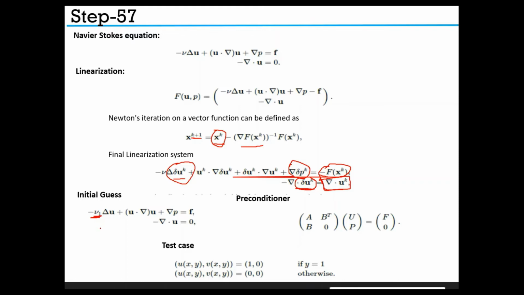The viscosity is greater than or equal to 1 by 400 for the solution considered here. However, the convection term here will be dominant when the velocity is small, because